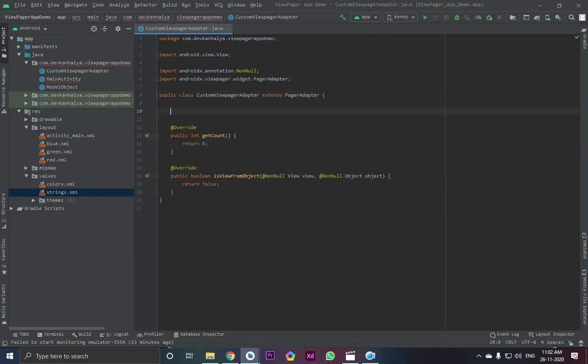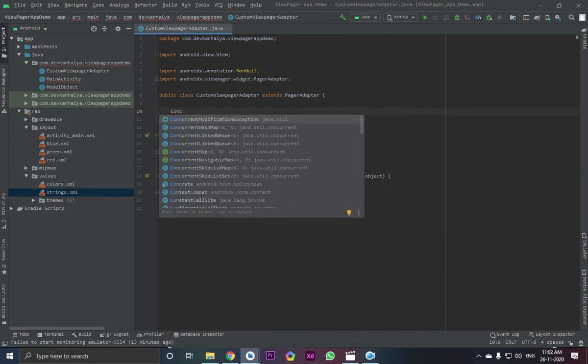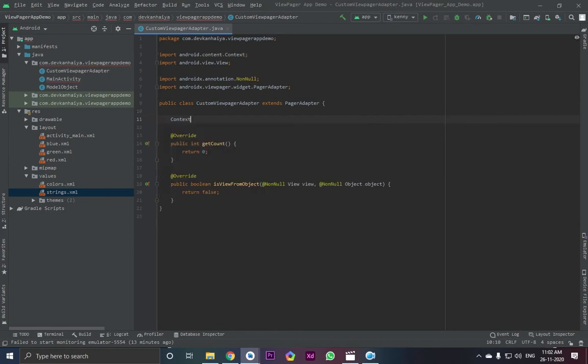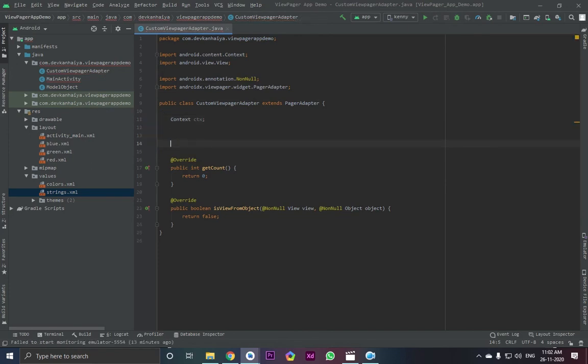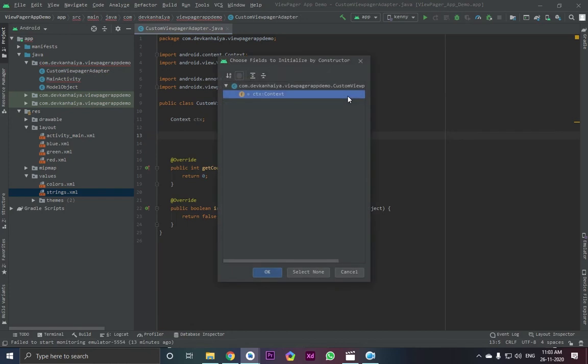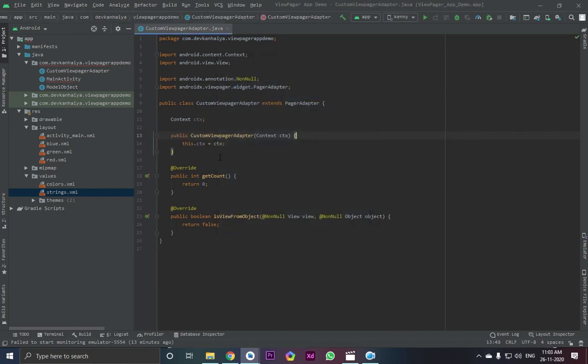First let's just, private, no, let's just add context. Now context ctx, and that's all. Now we are going to develop the constructor here. So Alt Insert, constructor. Now the constructor has been created.